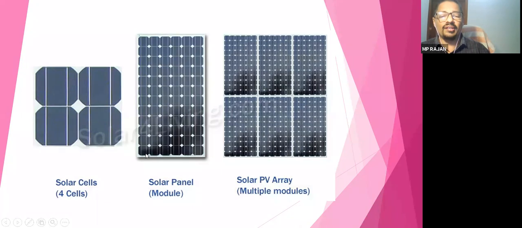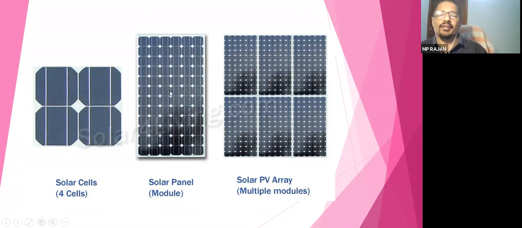And you can see this one cell is connected in series to the next. So like this, all the cells are connected. There you can see total 72 cells are there. One cell producing 0.5 volt. If you are connecting 72 cells in series, it will be 36. So depending upon your voltage requirement, you can select the module. So market में आपको solar module मिलता है. It is a series combination of solar cells.